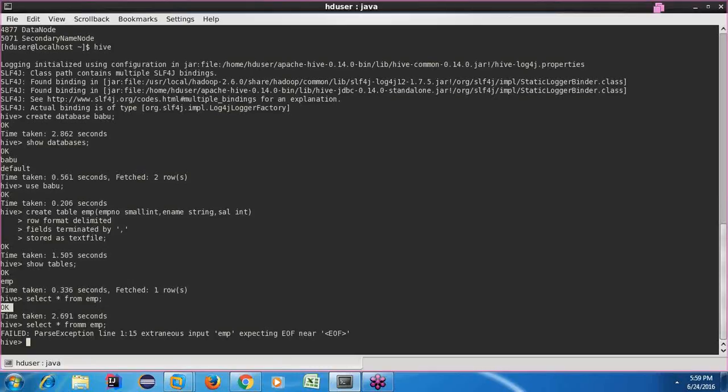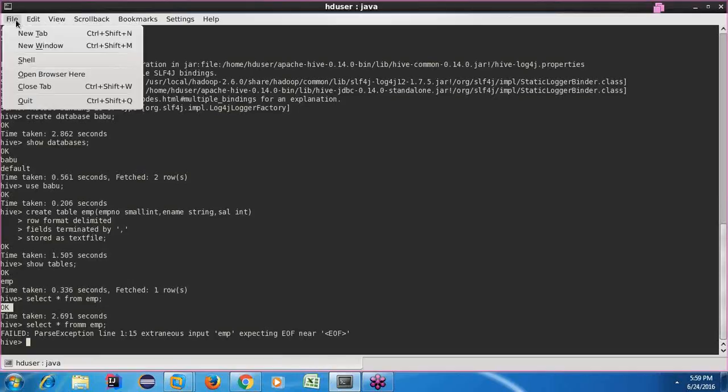That OK means our query, whatever we had given, was executed perfectly without any issues. That's where you can find out whether your query executed without any issues or if you have any problems with it. As I don't have any rows in my EMP table, it is simply saying OK, but it is not showing anything.